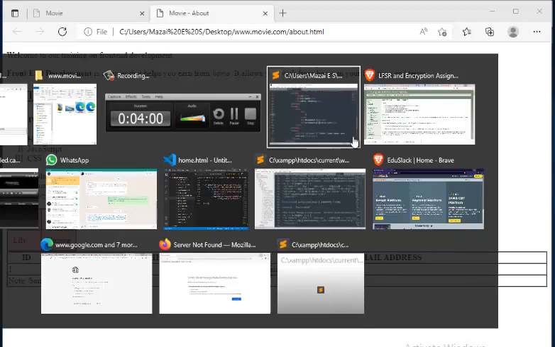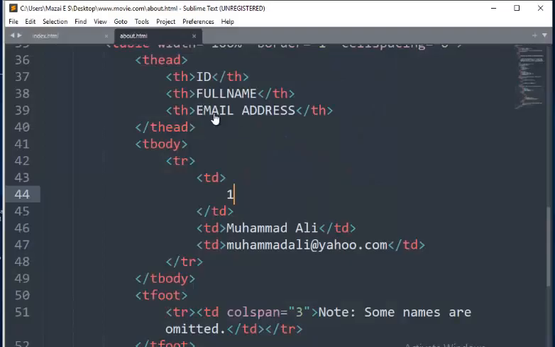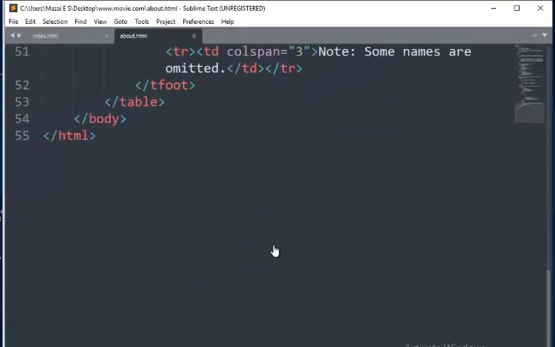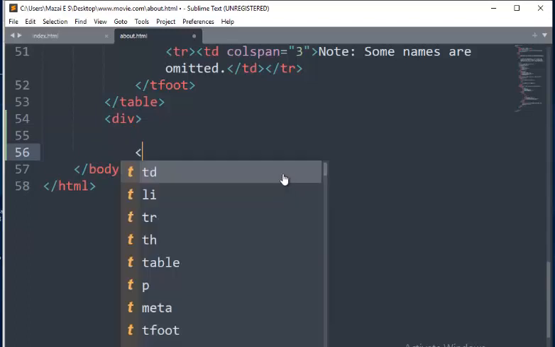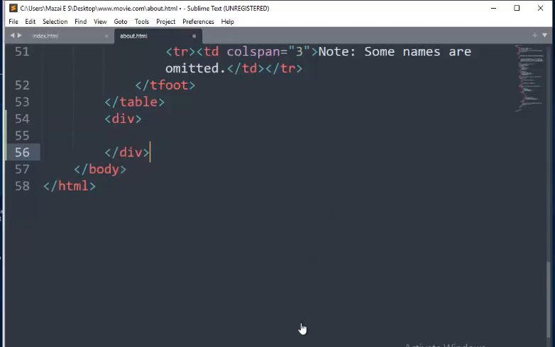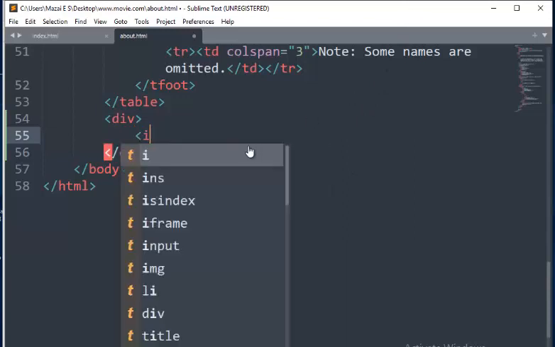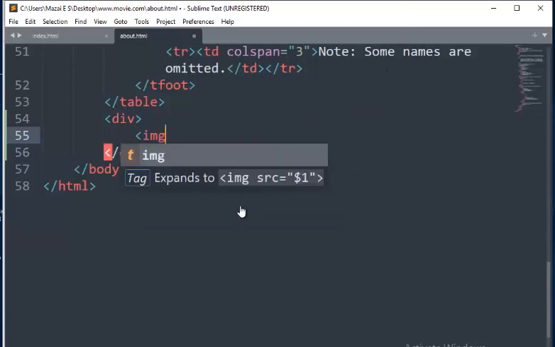Now to add an image to your web page, you simply use the img tag. I also want to introduce another tag, the div tag. The div tag is just a container, like a box where you can put other stuff. To bring up an image, you use the img tag